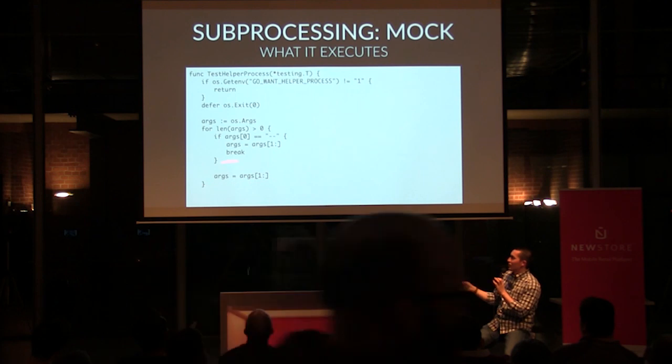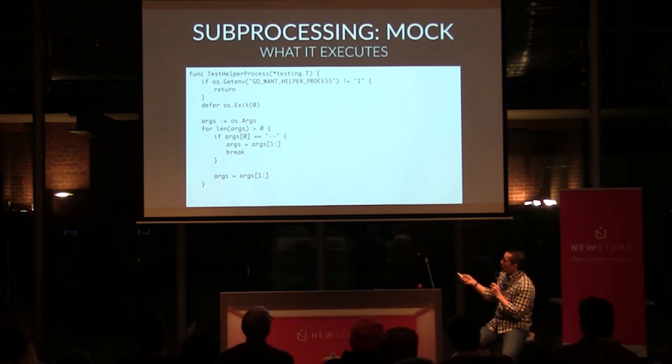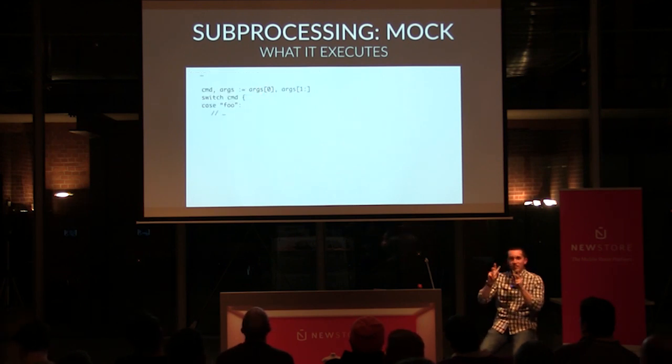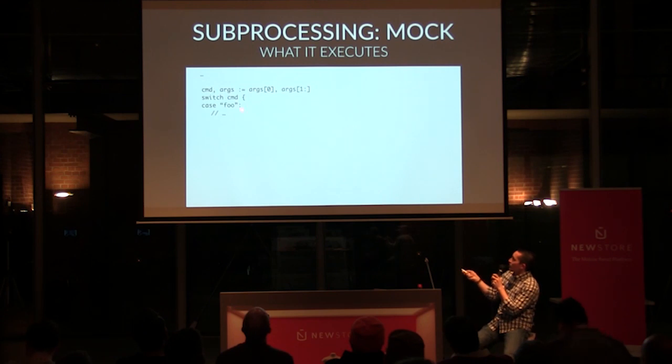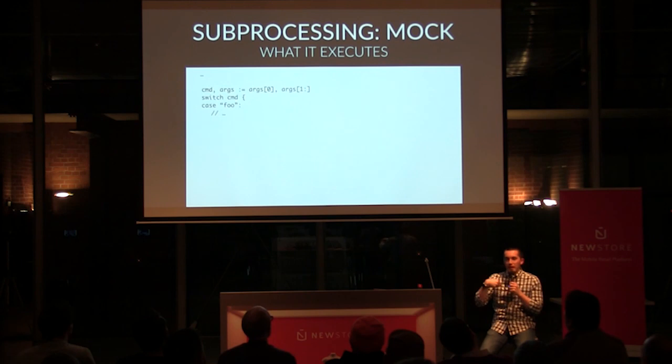You're your own person down here, and you can do anything you want. And so usually this is what I see. Usually arg0 is actually a sub command to run, and then the rest are the arguments, and you switch on it. So in our case, we have a bunch of different behavior we could exert on the helper process, like